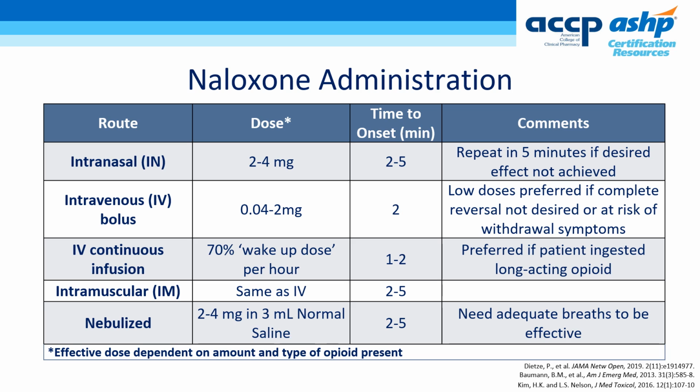Routes that I did not list on the slide, but did want to mention, are via the endotracheal tube and intraosseous route. These routes are used less frequently in recent years with increased intranasal naloxone availability, but they are available if needed. Whichever method of administration you are using, just remember that naloxone has a shorter duration of action than most narcotics, so vigilance and repeated doses are often needed while the opioid effect wears off.